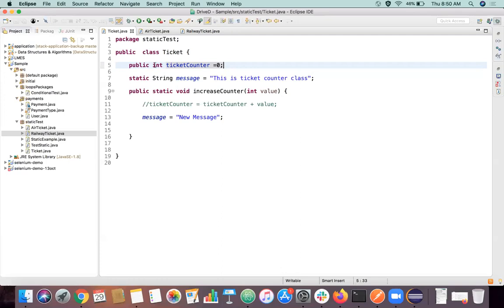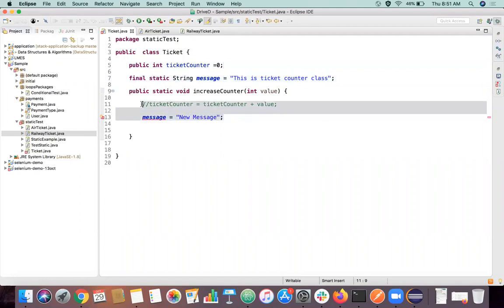We saw final, right? When we declare something as final, this value cannot be changed. Can do something like this, and it's throwing me an error, right? So final, illegal modifier. I can go and do something like this also. Let's assume we have only this. Okay, let's delete this for the time being.